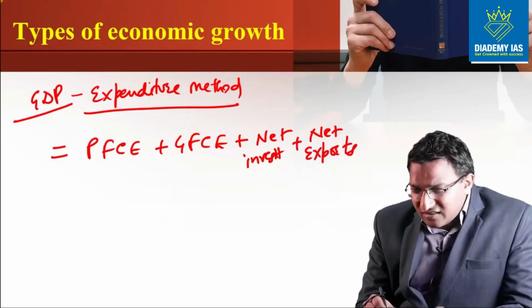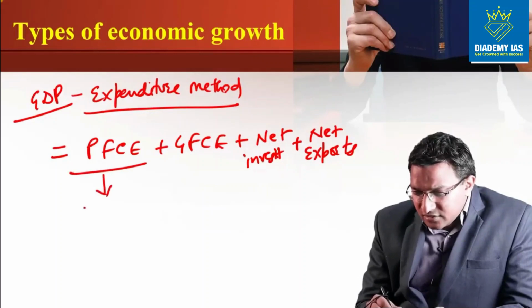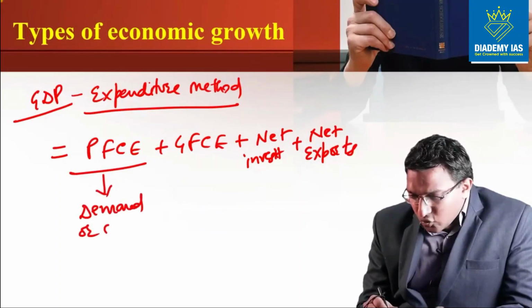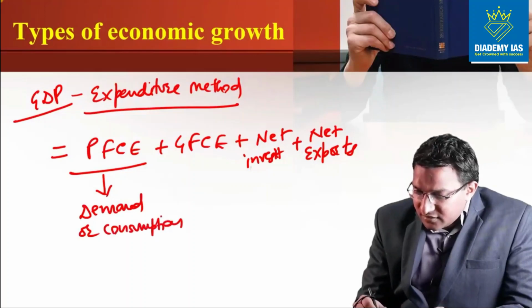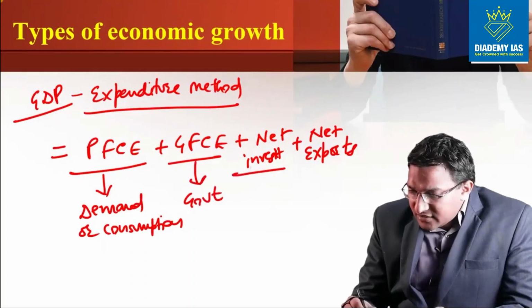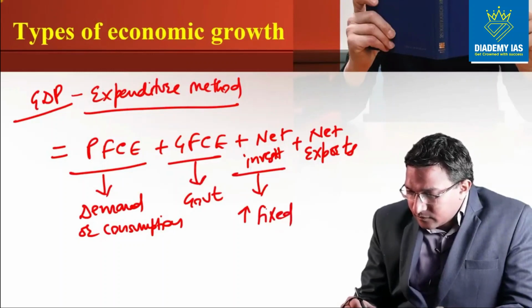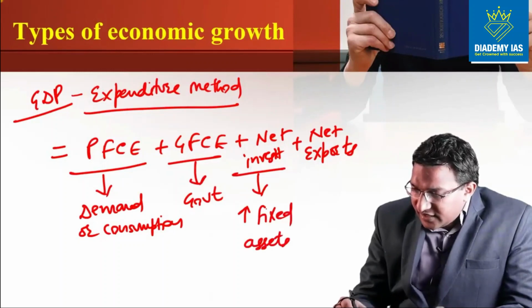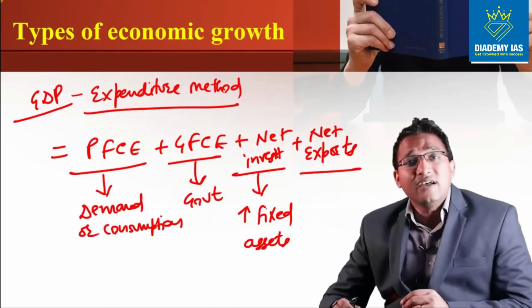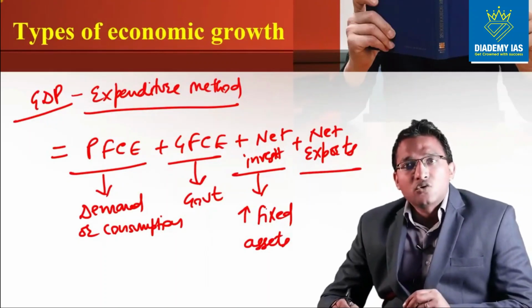So this private final consumption expenditure actually indicates the demand or consumption by the household. This indicates the government demand or government consumption. This indicates increase in the fixed assets, and this indicates the net export, that is export minus the import, right? So